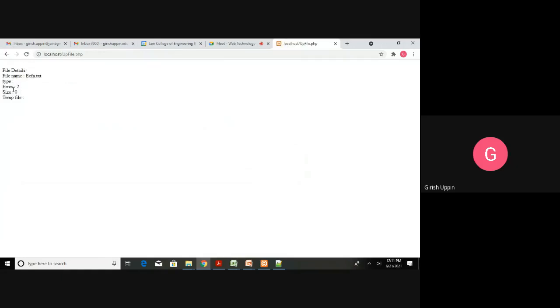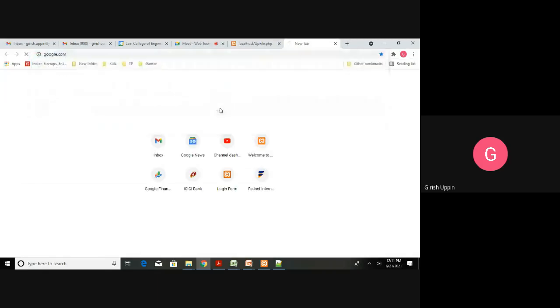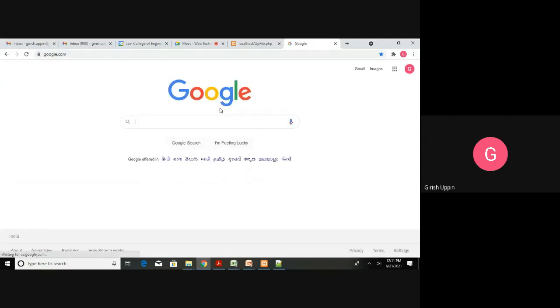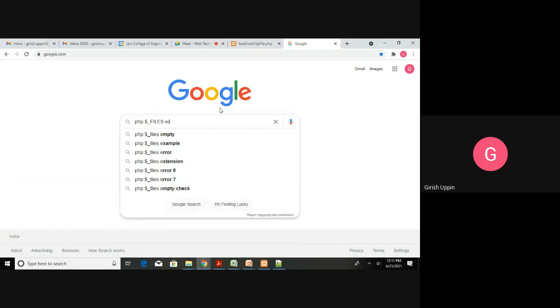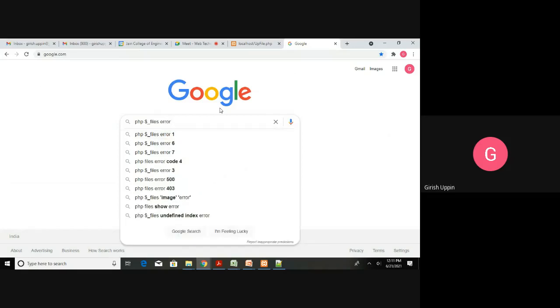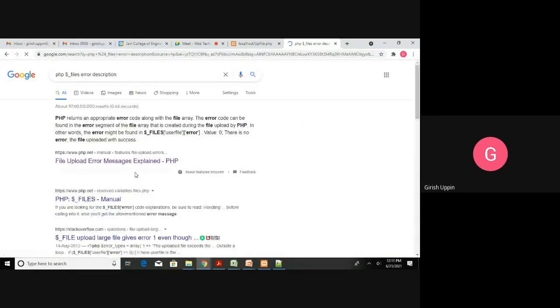Now you can see there is an error 2, and if you search for PHP $_FILES error description, because that is the code we are getting, error messages explained. Let me open this.